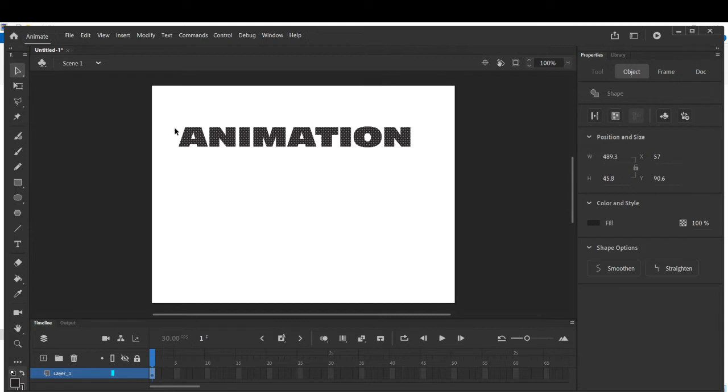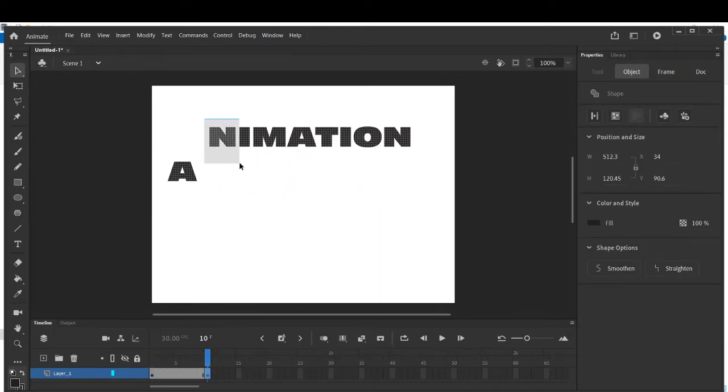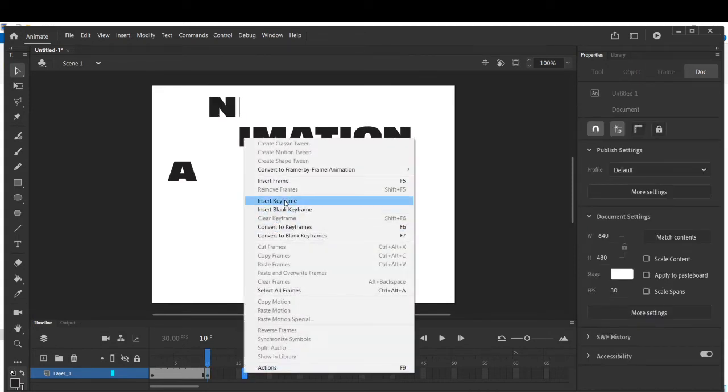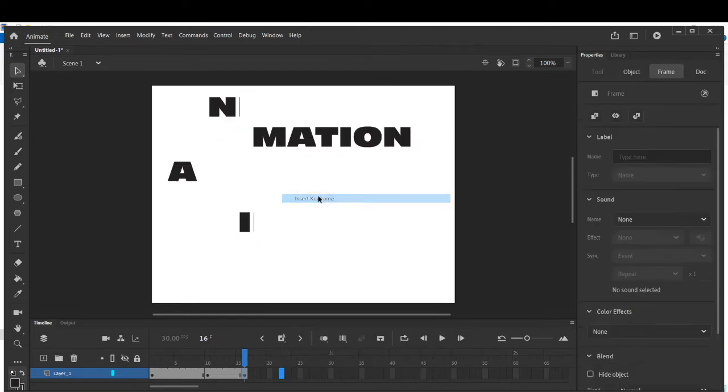Now one by one you can select and drag it. This we have done earlier, and insert a keyframe. So one by one, now up and down we are doing this time. Third letter, and insert keyframe.